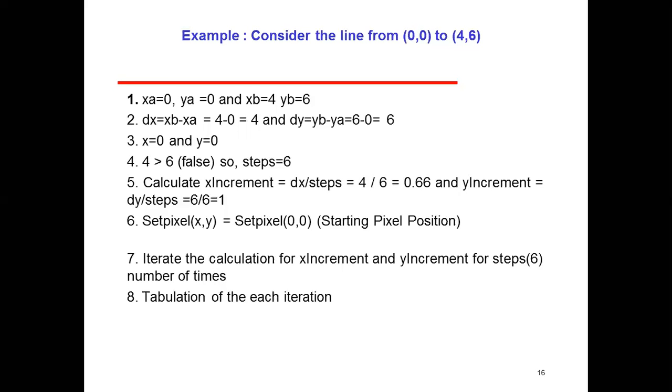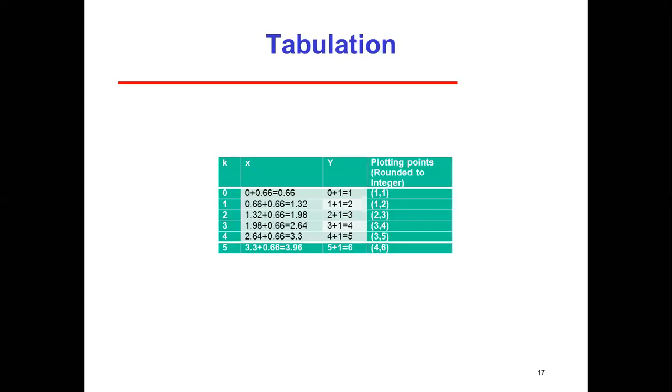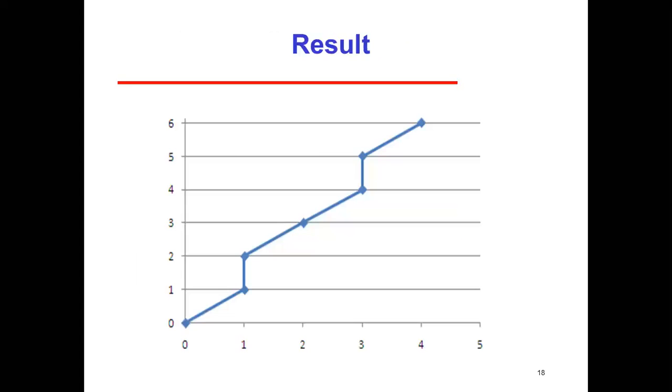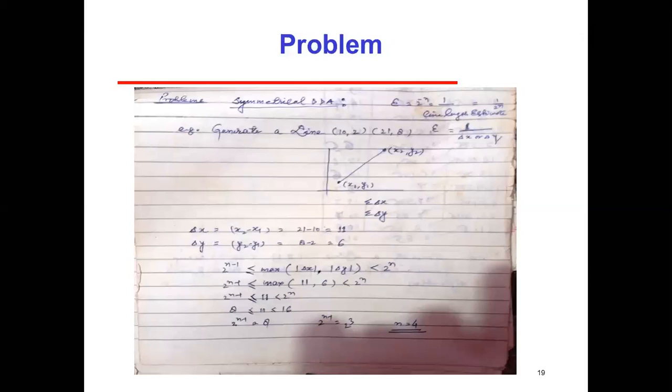Then we have to calculate the value of different steps, and then as per the algorithm, we can calculate all the iterations and do all the calculation, form a table, and then we can draw the straight line. So this is the way how we are going to calculate these points, how we are going to assign the initial value and the final value, and we can plot the different points. So this is the result. Ultimately, you will get such type of points here.